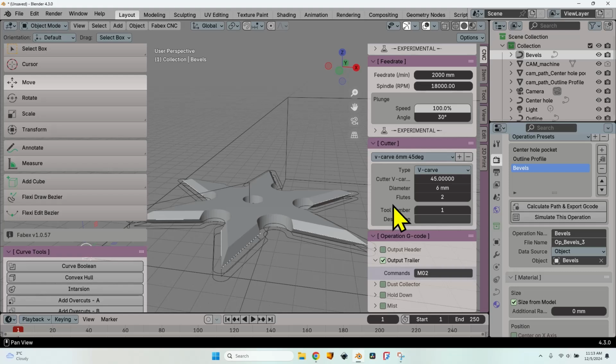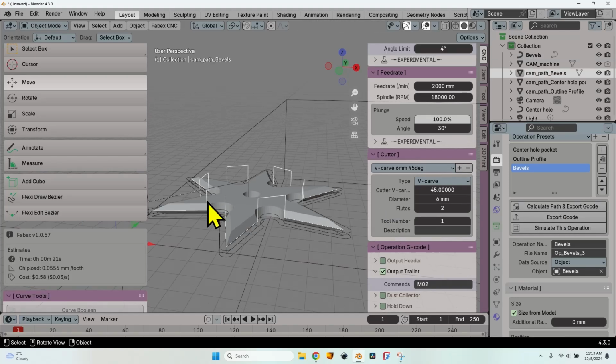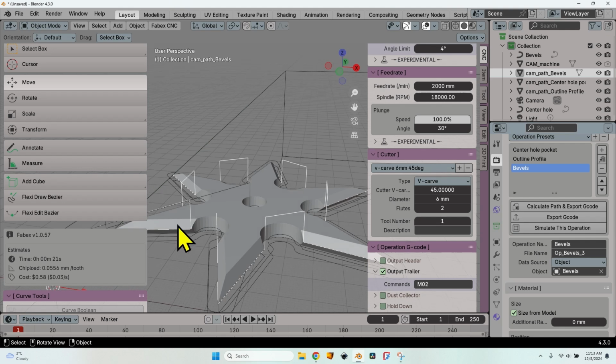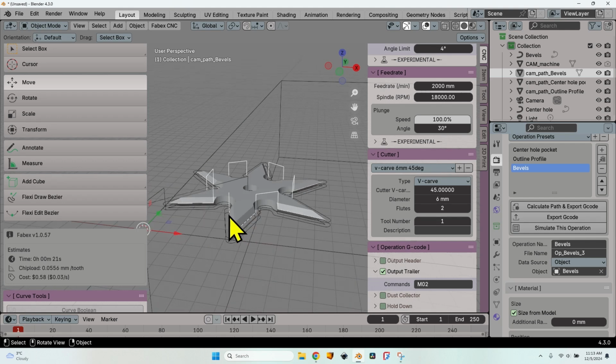As you can see, you can easily modify curves by just selecting segments and moving points around. I will show you in other videos. So now let's click on calculate path. As you can see, the path is correctly calculated. It will pass just once, mill these bevels, and after doing this I can flip over the star and repeat the